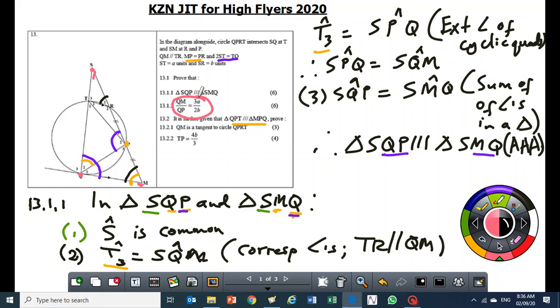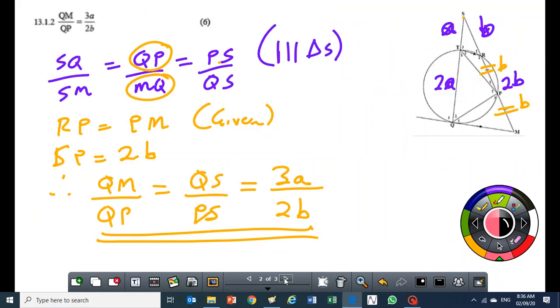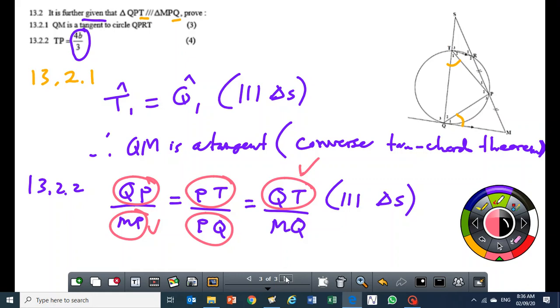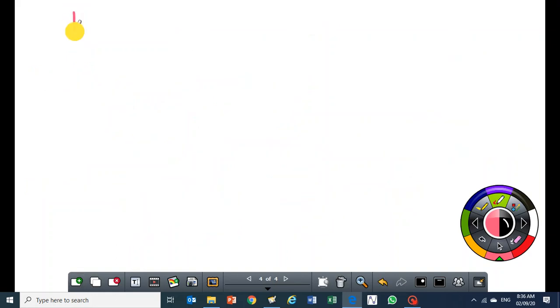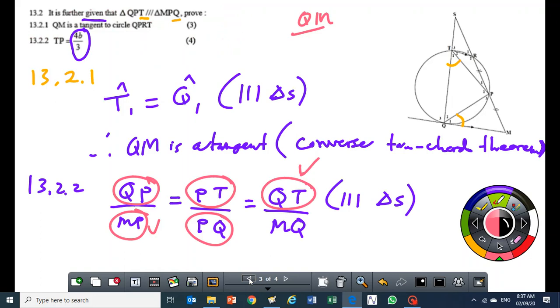Okay? So QM over QP is equal to 3A over 2B. Right? So let me just write it down somewhere. It's QM. Let me go to the next page. But QM over QP is equal to what? 3A over 2B. Okay? Now, if I go back here, okay? If I go back here,